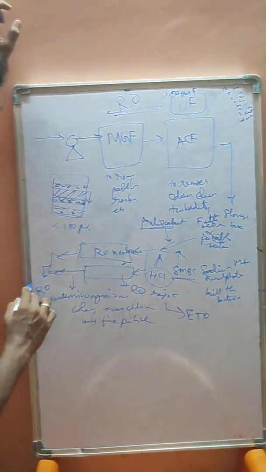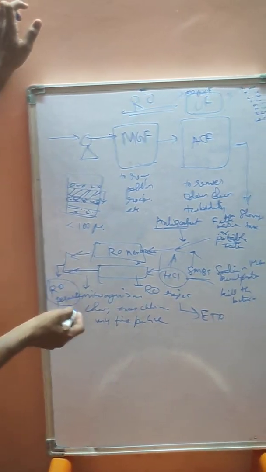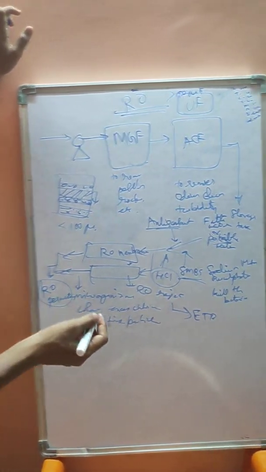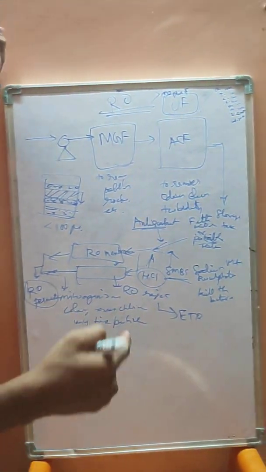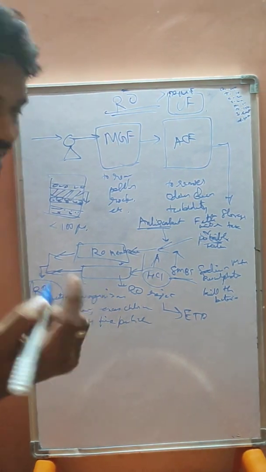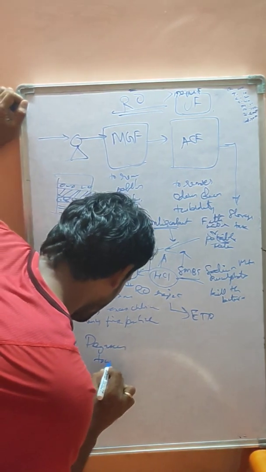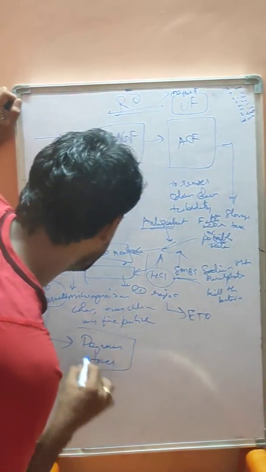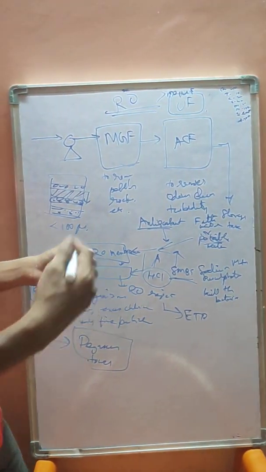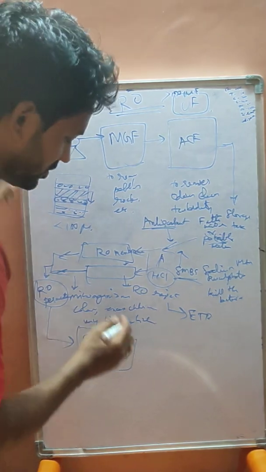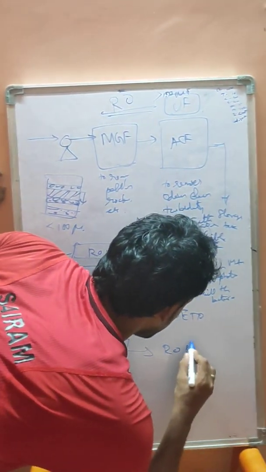This RO permeate is called RO water. We can directly use this if it attains the quality, and for safety purposes it may also be passed through a degasser tower in a few industries. Not all industries follow the degasser tower. Degasser tower is used to remove excess carbon dioxide or free gases. So that will be removed in the degasser tower. That is its function. After that, it will be sent to the RO storage tank.